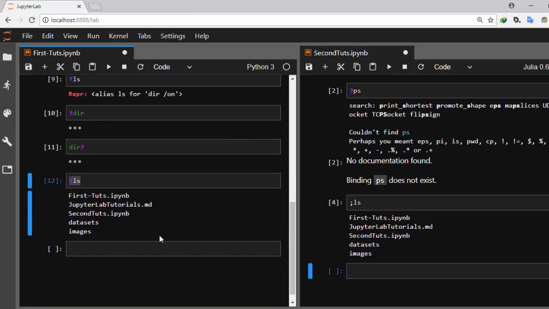So one takeaway is that in Python, you just go with the bang. In Julia, you go with the semicolon, which is quite interesting. Okay, so these are some of the things you can do with it. There are several things you can also do. There's also the magic, ls magic,